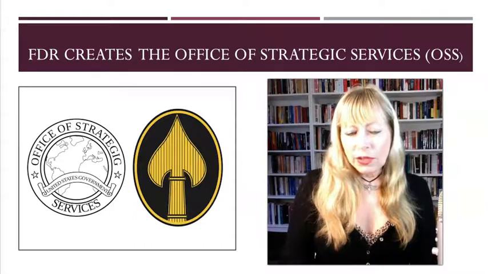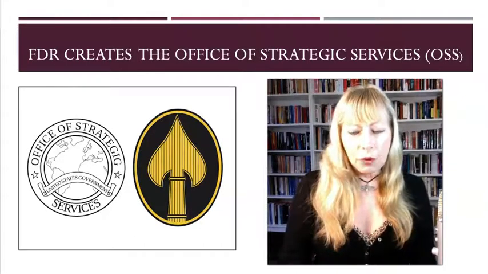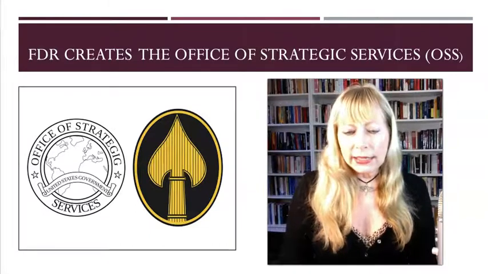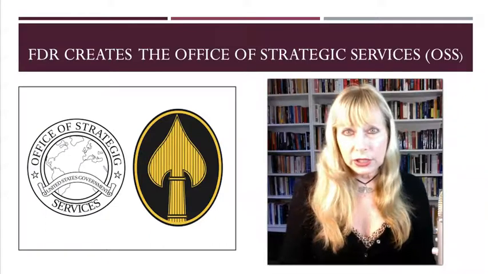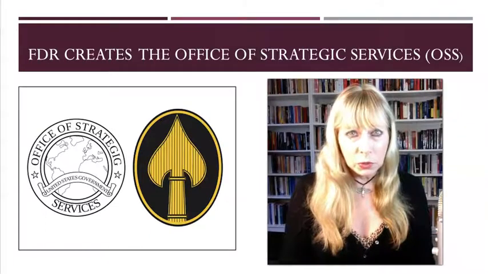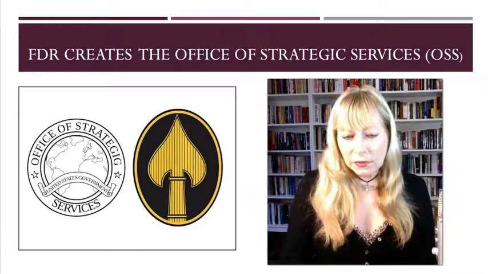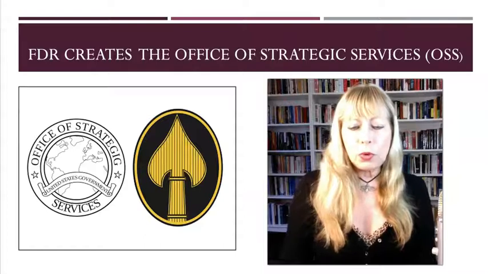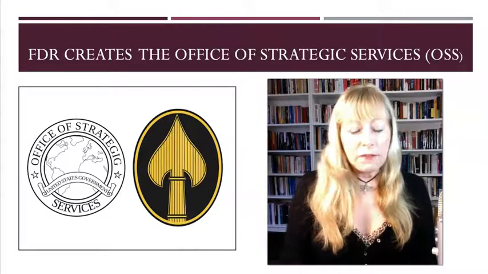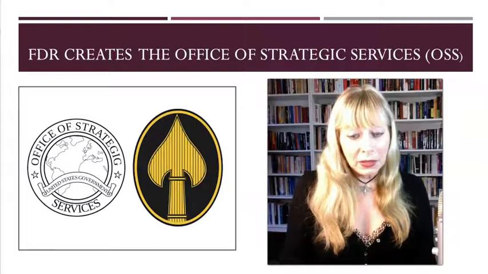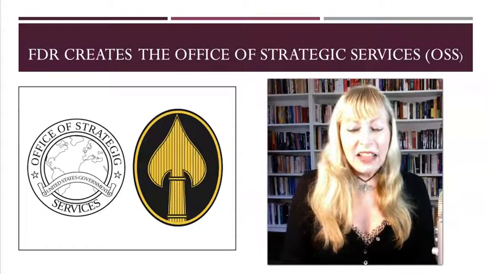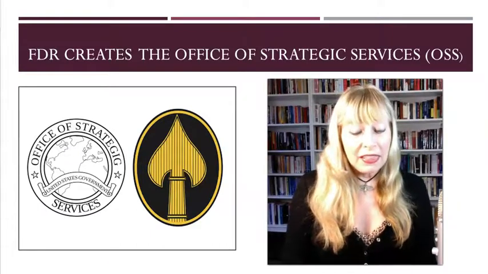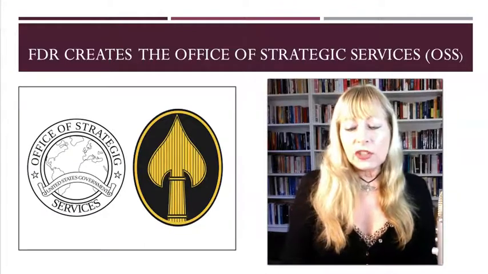The OSS was formed as an agency of the Joint Chiefs of Staff to coordinate espionage activities behind enemy lines for all branches of the United States Armed Forces during World War II. Other OSS functions included the use of propaganda, subversion, and post-war planning. The first director of the OSS was William Donovan. The OSS was disbanded on September 20th, 1945, and then in 1947, the National Security Act was passed